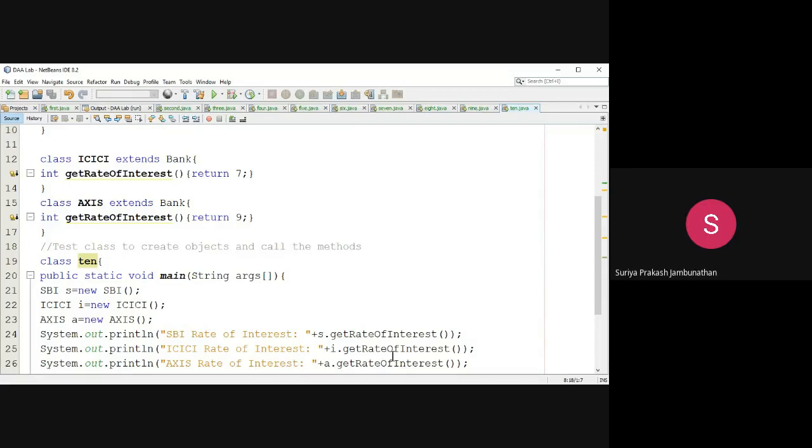7. What about the last one? The last one we are calling with A dot get rate of interest. A is the object for the Axis class. When you are calling with the Axis class, when you